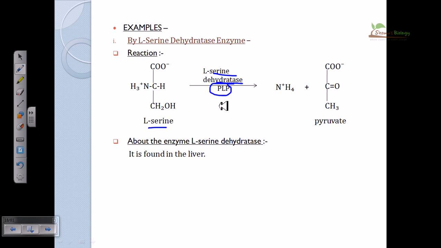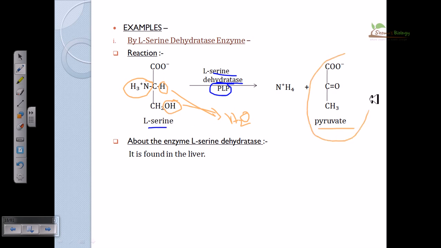Okay. Now the first step will liberate the water. This is the place of water liberation. This hydroxyl group will be liberated, along with this hydrogen, as water, at the very first step. And in the second step, this ammonia group will be produced. Okay, this ammonia group is produced in the second step actually, and it will generate this keto group. So if we are dealing with serine, it will produce pyruvate.